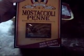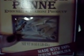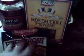Then we're going to use these kind of noodles. They look like this, and I'm not going to embarrass myself trying to say that name. I guess you guys would probably get a real good laugh out of that one. You're going to need some kind of spaghetti sauce, and I got the kind that is flavored with meat upon Jonathan's request. You're going to need a whole entire thing of pepperonis,